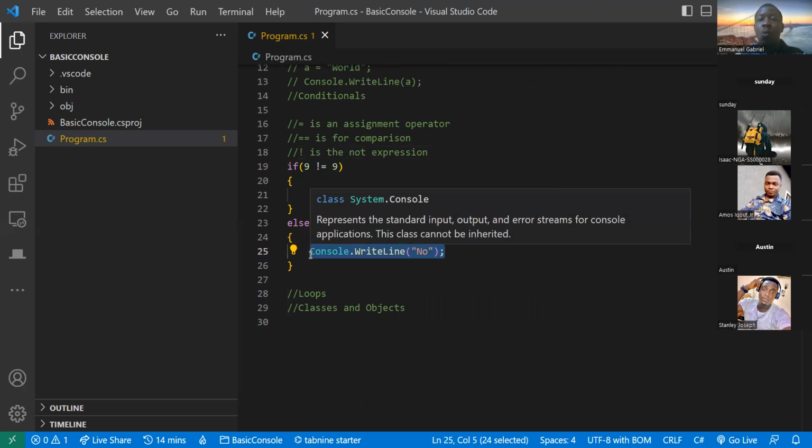Now, what if we're trying to check two things? We need to check that one out of two conditions are true, right?